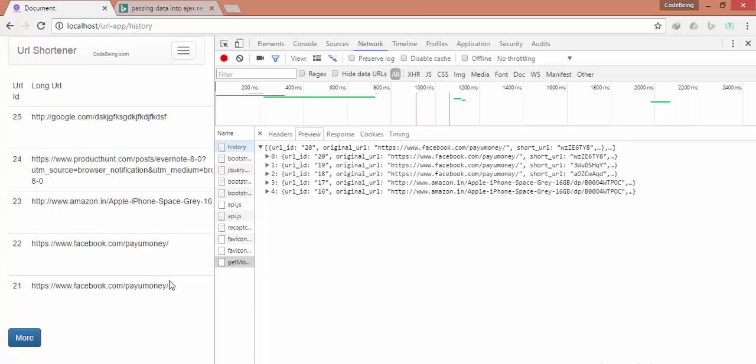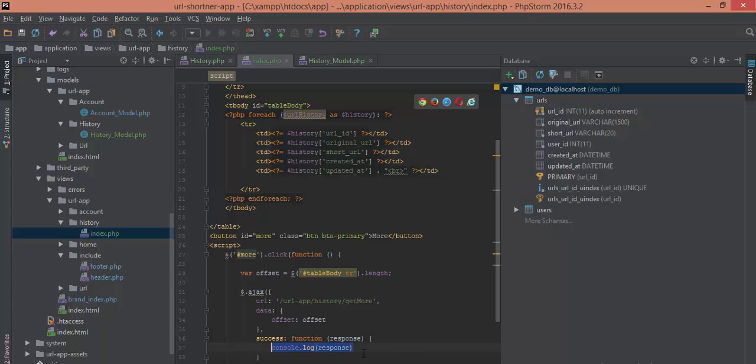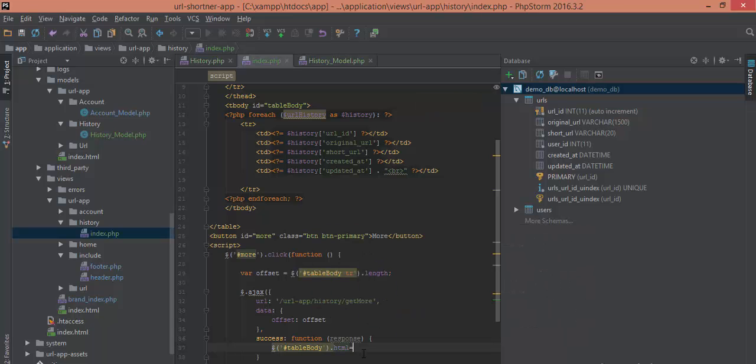In this page we are having 25, 24, 23, 22, 21, and in the next Ajax request we are loading 20, 19, 18, 17, 16. So we are getting the correct data. Now we need to append the JSON data into this table. So how are we going to do this? In the index page, on success, we need to just append the data here. Table body dot html equal to